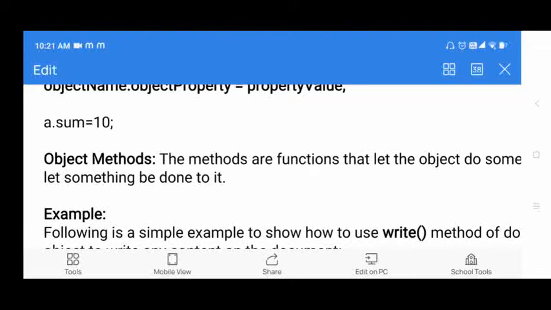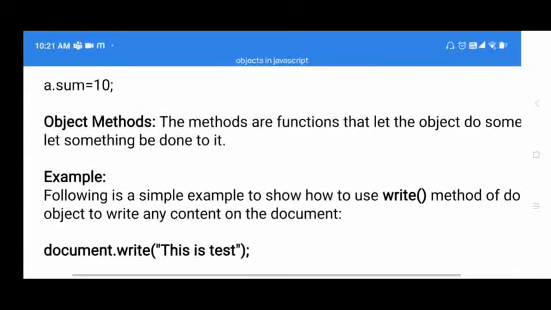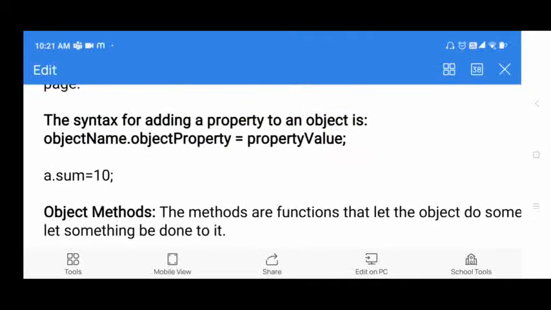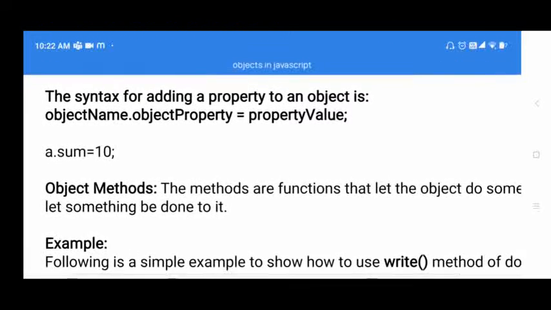When you want to add any property or any method to an object, how will you add it? Here we add like this: objectName.property = property value. To whichever object you want to add properties, you just give the object name, dot, property equals value. This is the syntax for adding.